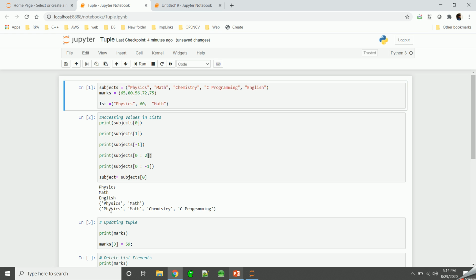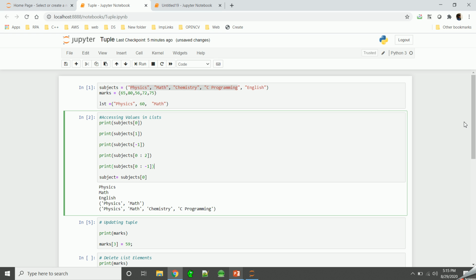Next we want to print from 0 till the end. One thing to keep in mind is that in the case of a negative index, it always prints the value one less than the last element, that is, it is printing till here only if you give the negative index. We have to keep this in mind while using the negative index in slicing.